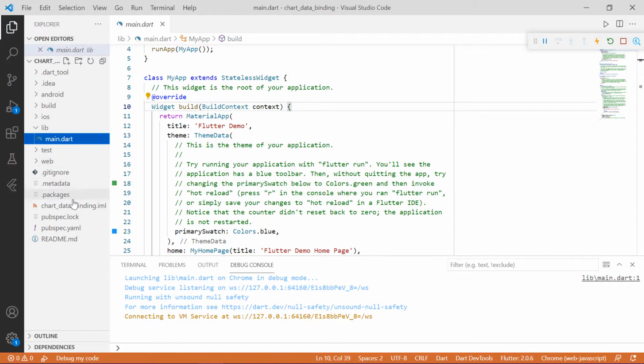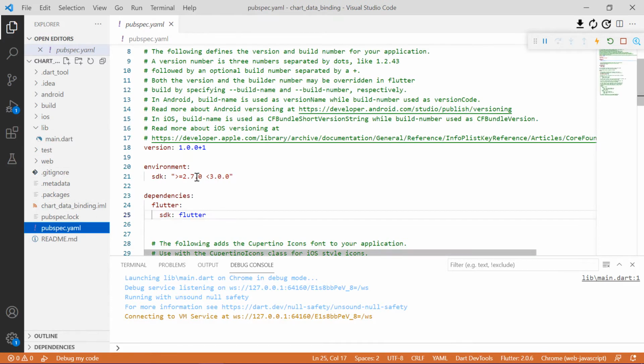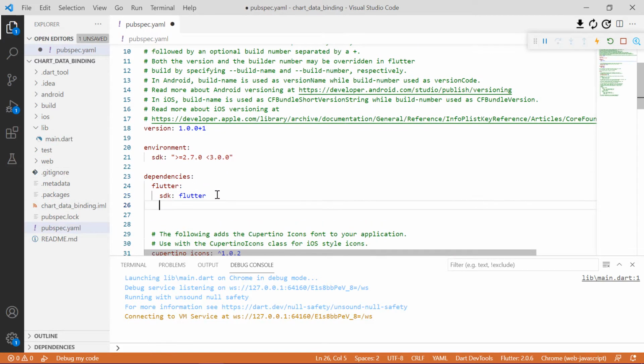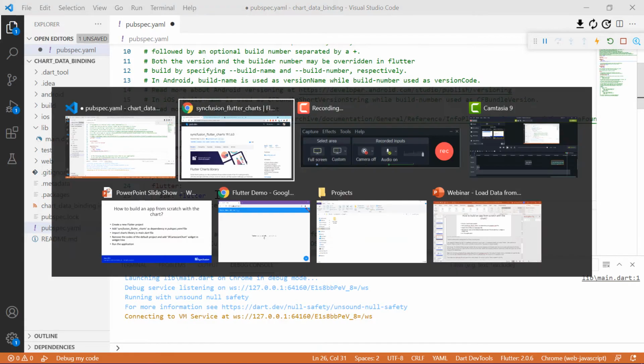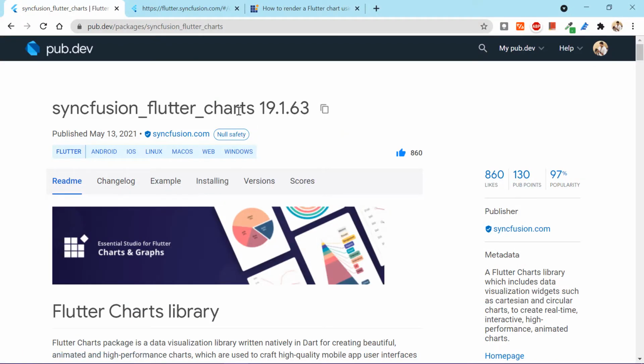Next, let's include the Syncfusion Flutter Charts dependency in the pubspec.yaml file. You can use the latest version. The package version can be found on the pub.dev site.